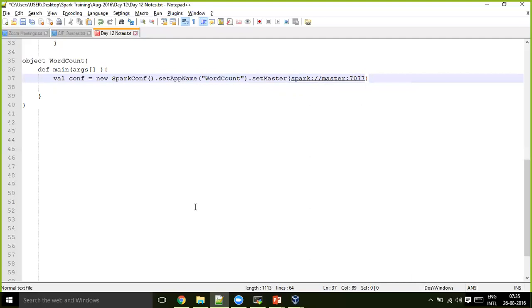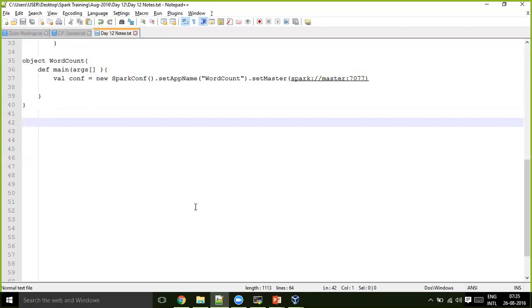7077 TCP port number. That 18080 that you have seen is a web UI port number, whereas 7077 is a TCP port number. I always keep telling our Hadoop candidates also that you should note the difference between a TCP port number and a web UI port number.